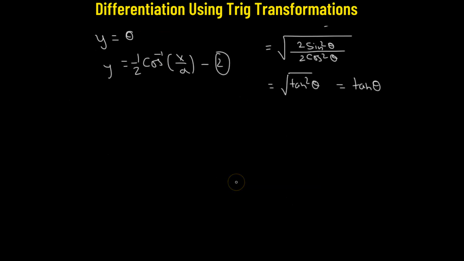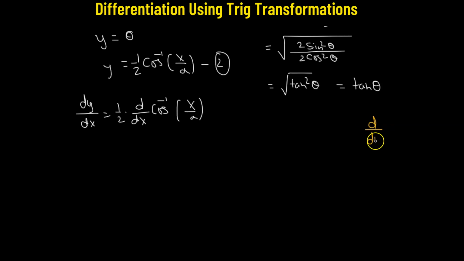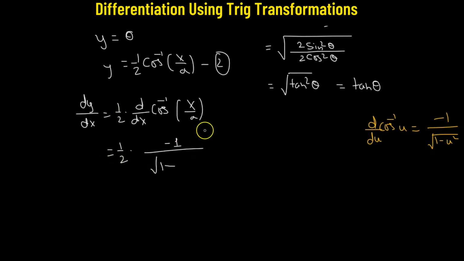It's a simplified form. So let's try to find the derivative of 2 with respect to x. So we have the derivative of y with respect to x equal to half multiplied by the derivative with respect to x of cosine inverse of x over a. Now we know that the derivative with respect to u of cosine inverse of u is given by negative 1 divided by square root of 1 minus u squared. So we'll use this particular formula, which will give us half multiplied by negative 1 divided by square root of 1 minus u squared. The u here is x over a, the whole squared,